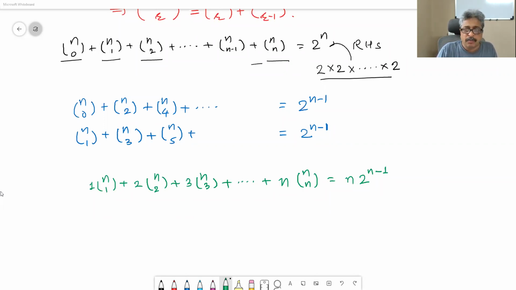Okay, so maybe the RHS way, you choose the captain first. There are n players in front of you, you choose the captain. In how many ways can you have a captain of your team? N players, therefore n ways. And then you start selecting members of your team, and every member will have a choice to be part of the team or not. Therefore 2 raised to n minus 1. So n number of ways you can choose a captain. This is captain first.